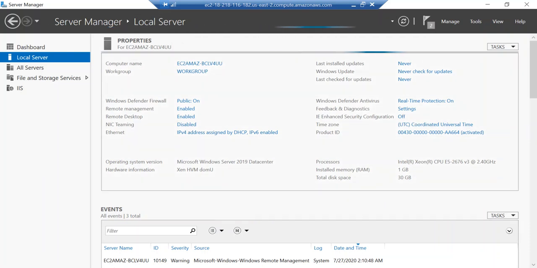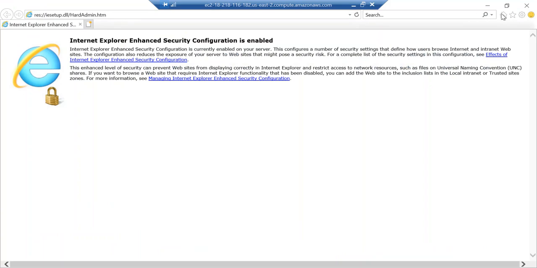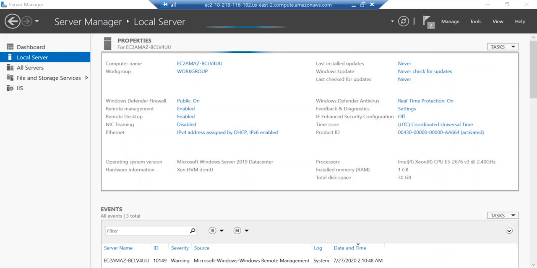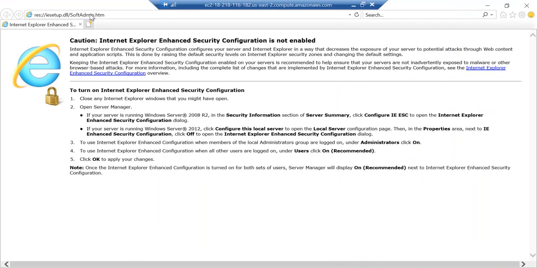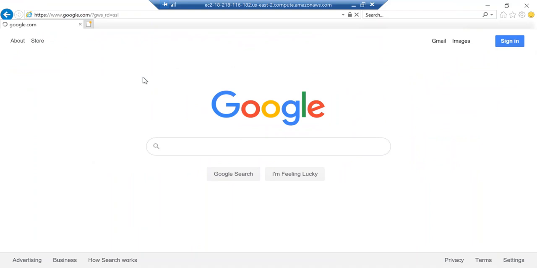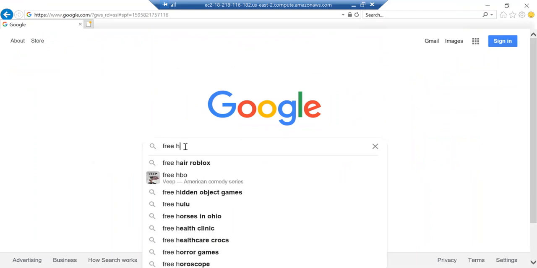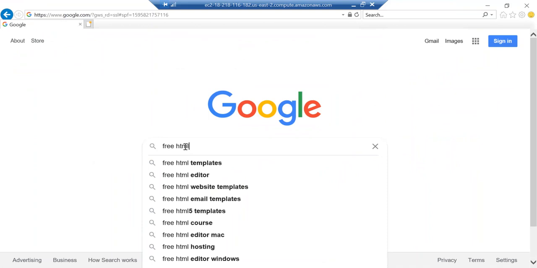Okay, my Internet Explorer security configuration has been turned off. Now I need to open a new window again. I just move on to google.com. Free HTML templates.